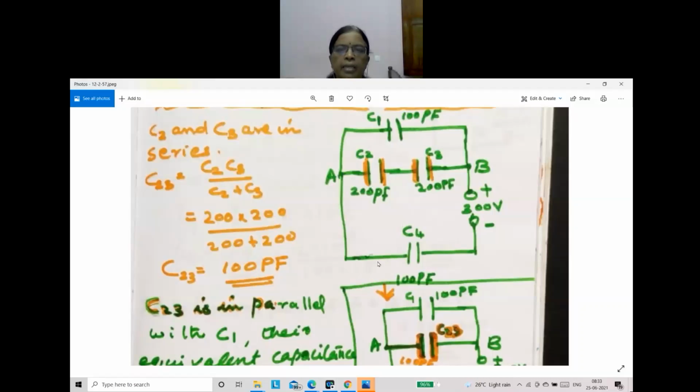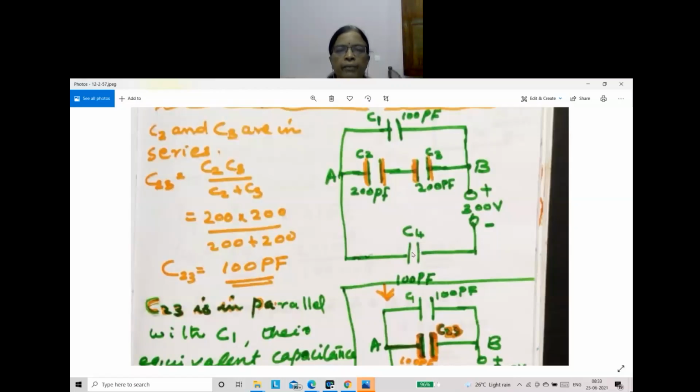Ma'am, if it was connected, we can take it as parallel now. If it was connected, if it is like this, here there is a connection, you can take it here. If a wire were also connected from here, we could take this as parallel too. Here it is not done like that.